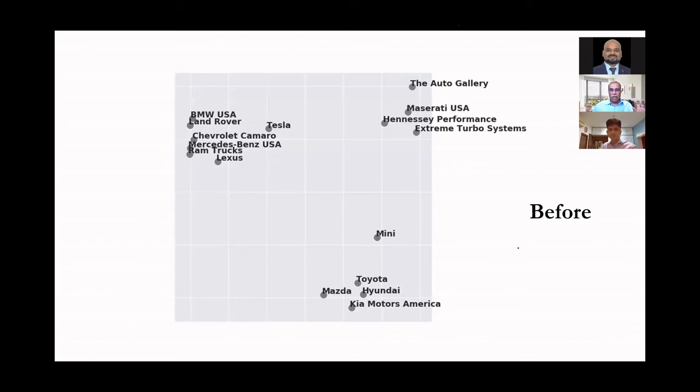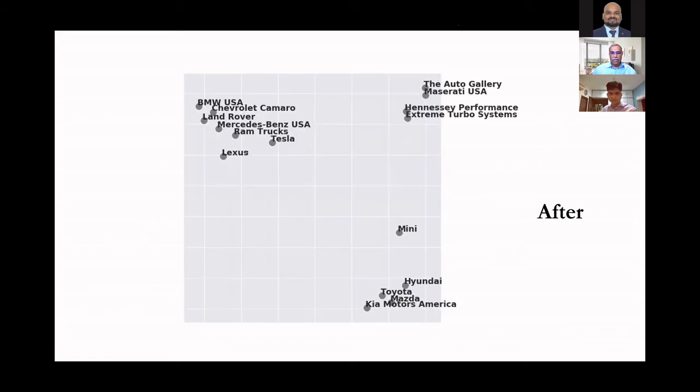And here is Auto Gallery. So before, where is Tesla? Tesla is here, before with BMW and all these other brands. And then when we move it, Tesla has moved a little bit here. Now in 2 dimensions it is not very clear. This is a 300-dimension space, where we actually used this mapping software to bring it down to 2 dimensions. So it might be on that other dimension that you may see all that, but clearly it shows that there is movement, and we actually did all the analysis to ensure that it is statistically significant,